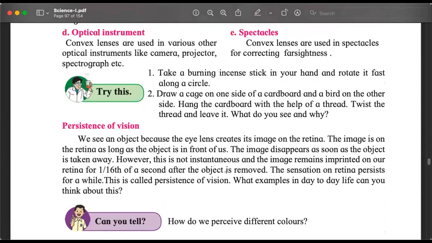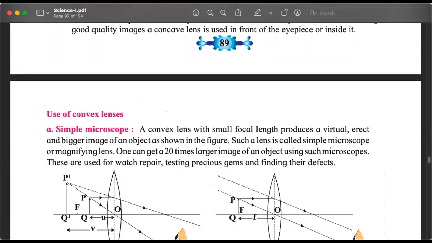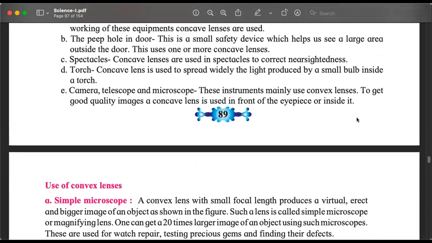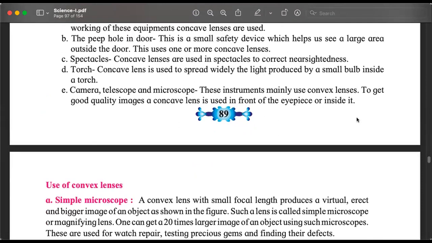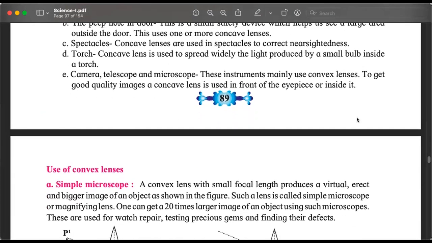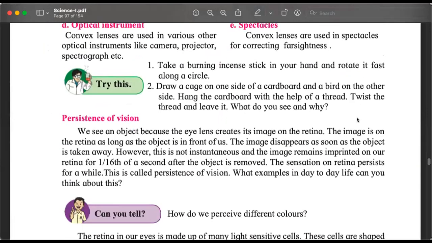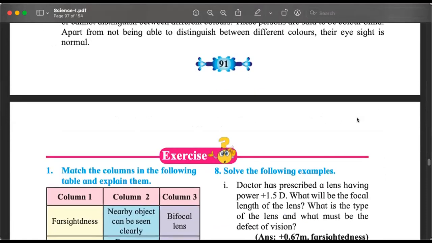Okay. So what is left for us to understand is the various uses of concave lenses and convex lenses. Remember that chapter is structured just the way the last year's chapter of mirrors was structured, which we will study in the next class. But today, let us see what questions we can answer from the exercise.